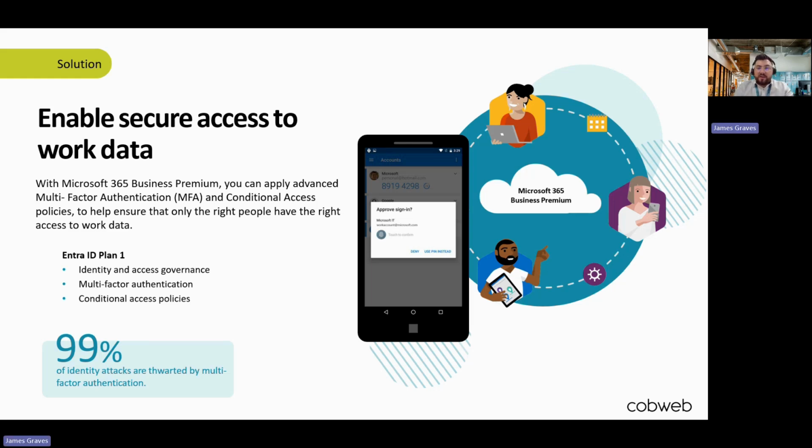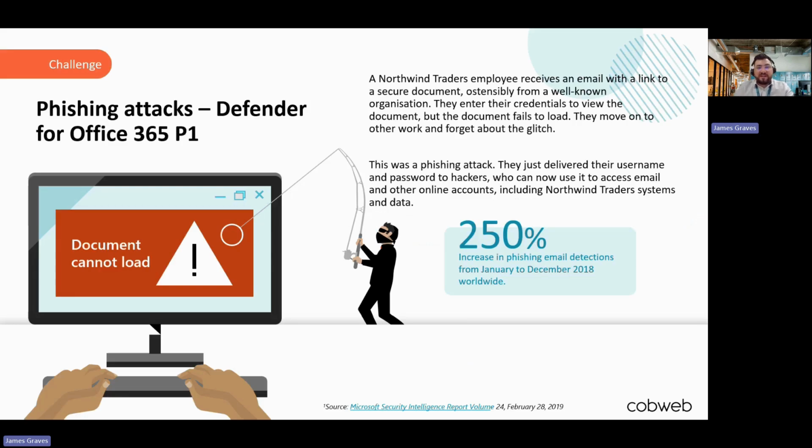But now looking at something, should we say, a little bit more traditional, and looking at the Defender for Office 365 stack here. So Defender for Office 365 is very much like a traditional style of email security. So this is all about stopping phishing attacks from potentially taking place. Now, a phishing attack, for those of you that don't know, is an email that comes in intending to impersonate